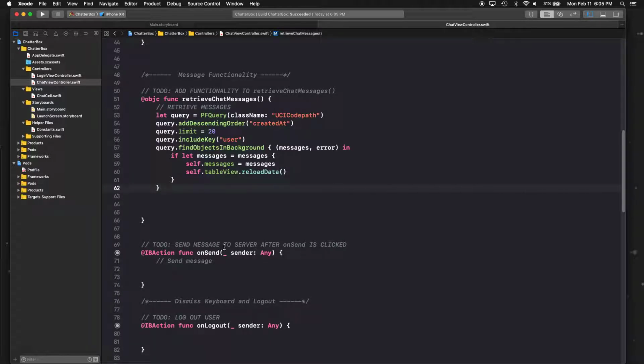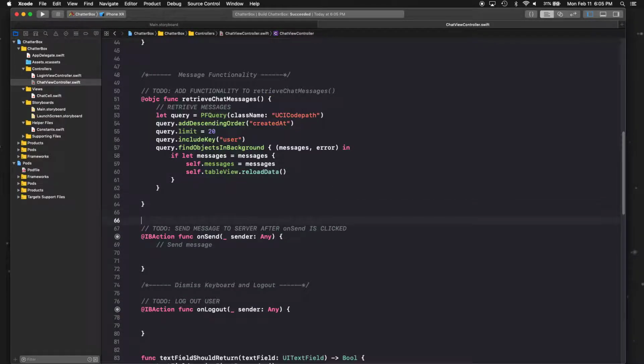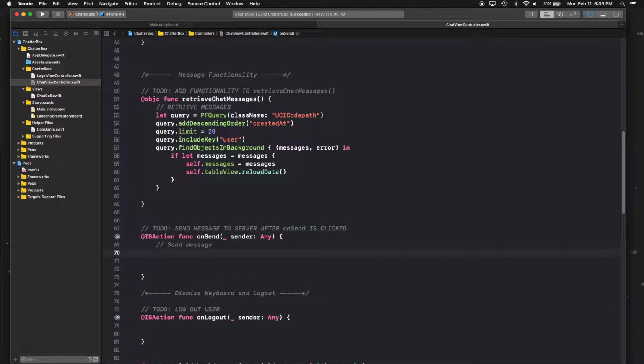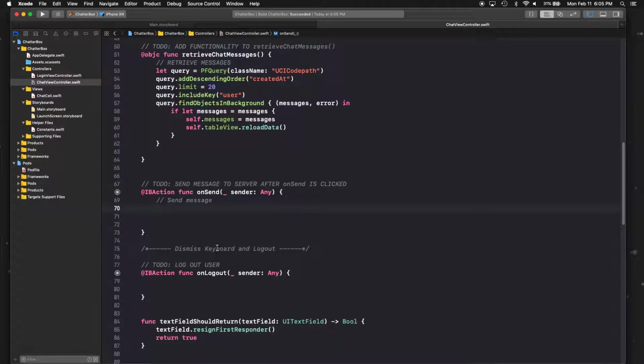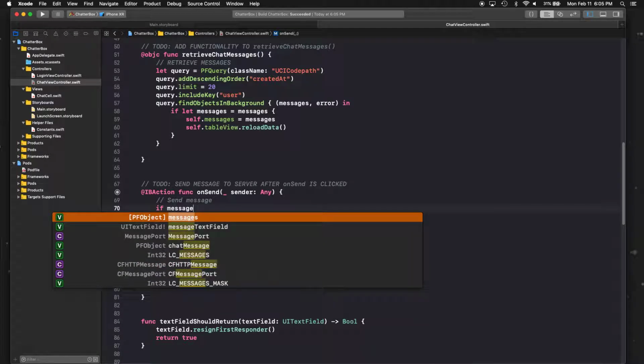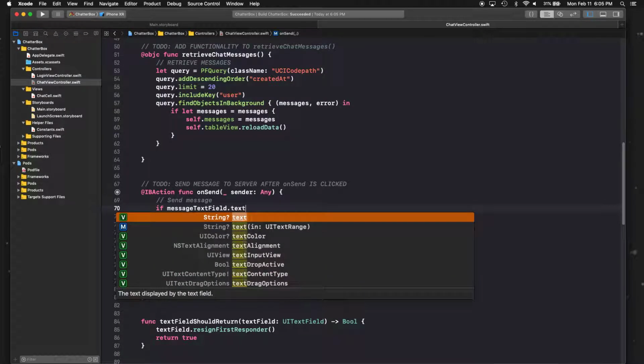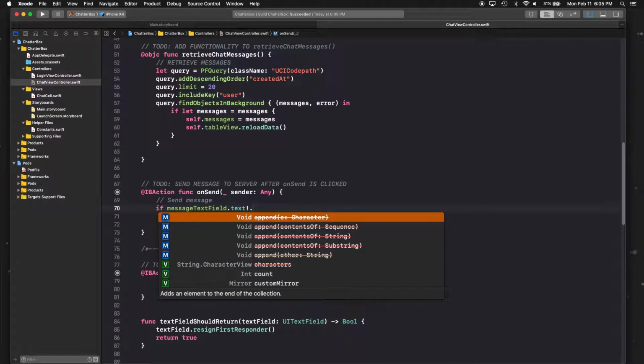So now, if we try to retrieve, when we run it, it's not going to return any messages because we haven't sent anything. So let's add the functionality to send messages to our app, to the server, I mean. Go to your onSend function and let's retrieve the message first. So if message text field dot text is empty